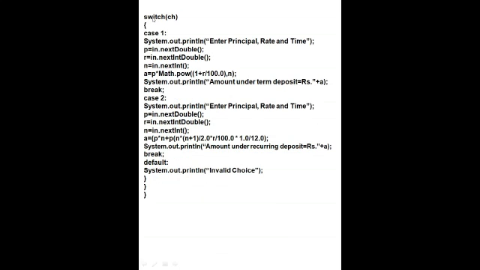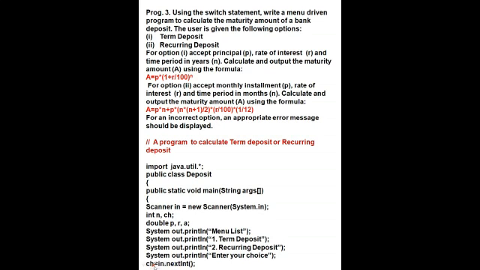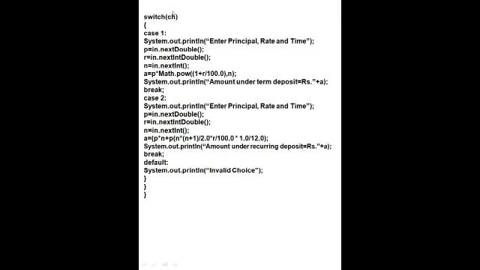Now next is switch. In each and every program, after entering the choice, we will write switch(ch), because we have taken ch here. If we are taking n, then we will write n here. Curly bracket. Now first case 1, System.out.println. In case 1, enter principal, rate and time. P we have taken in double, r we also taken in double data type, but n we have taken in integer data type. So first we will enter, then we will write the data type of these three. Now we will write the formula. A is equal to P multiply.